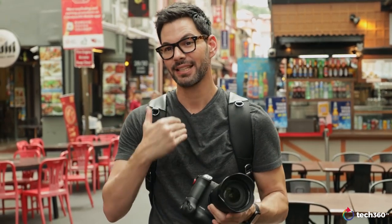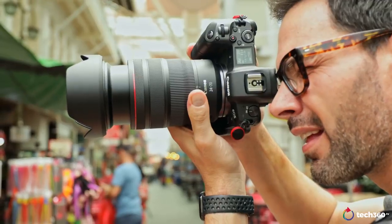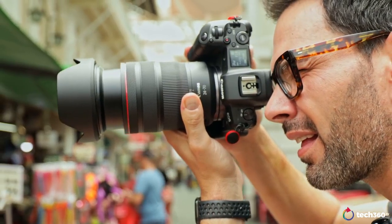It's slightly telescopic now. I wish it was internal because of the size of the lens, but you do get a little bit of a telescopic effect on here going from 24-70. It's not a big zoom, but it is something noticeable. So if you want to put this on a gimbal, that might be something you need to take in consideration. But if you're into photography, it's no issue at all. Image quality,